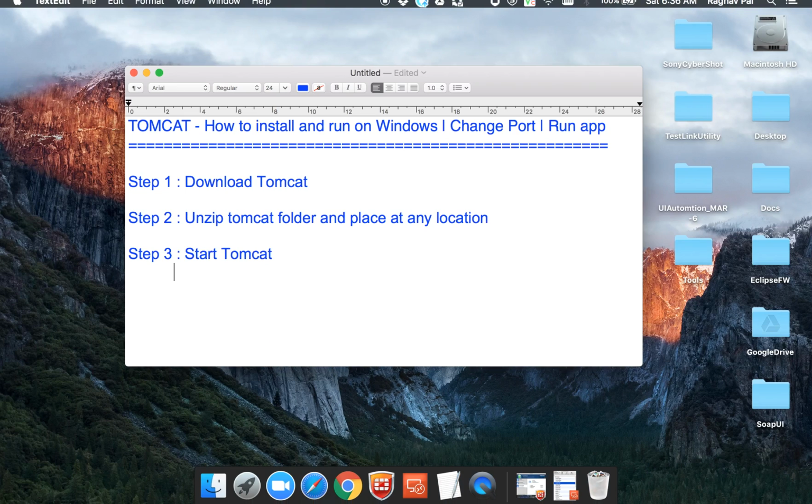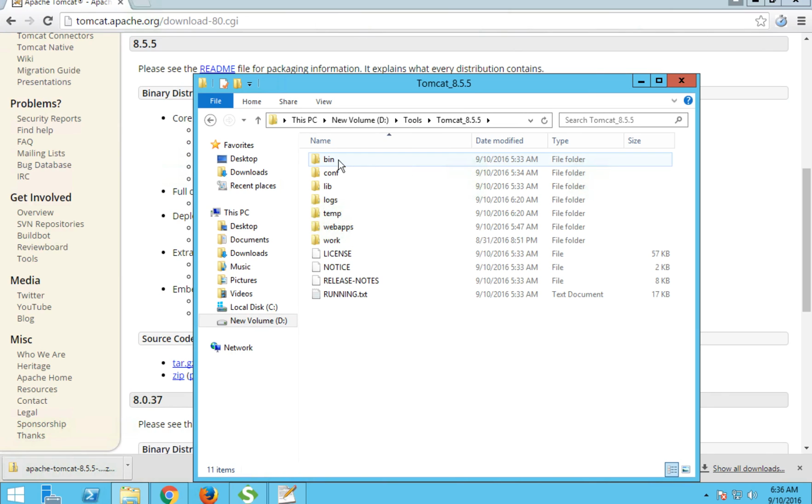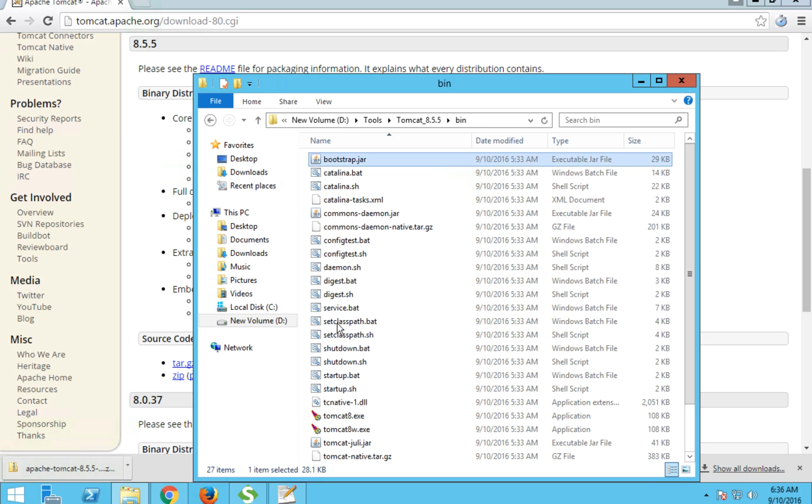Okay, now there are different ways of starting Tomcat. What you can do is you can go to your Tomcat folder. Inside that you can go to your bin folder, and you can see the startup.bat file is here, right?